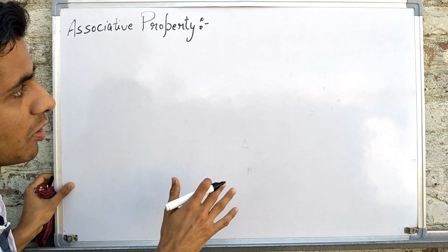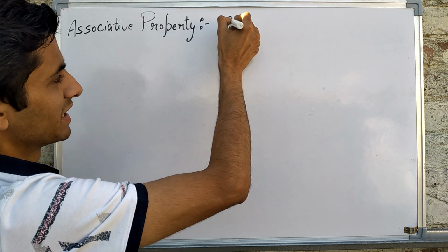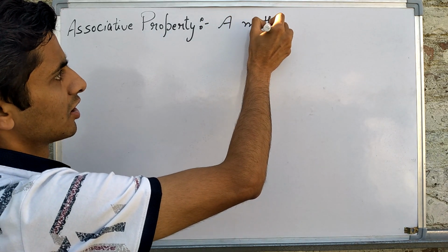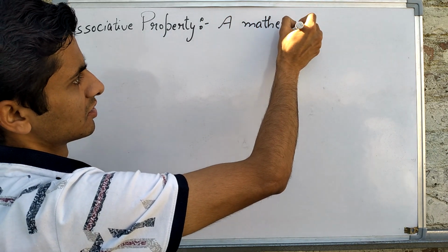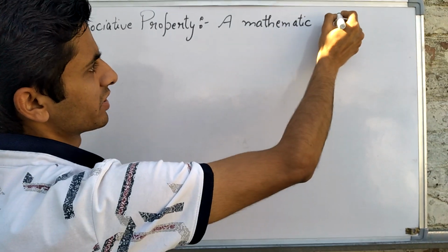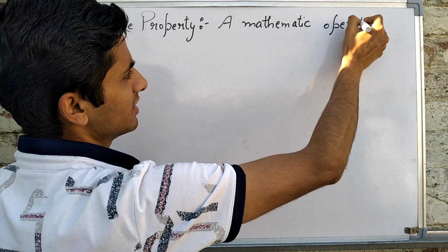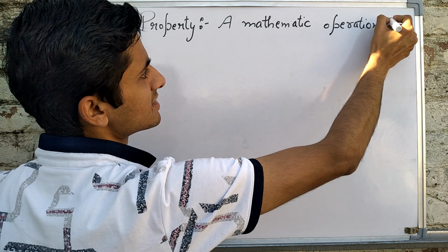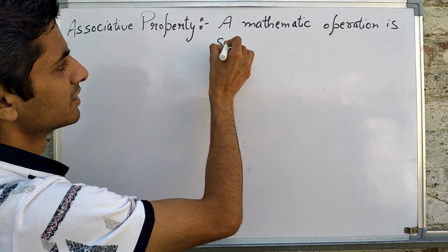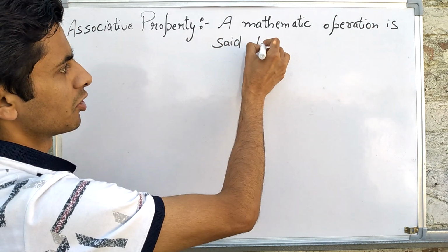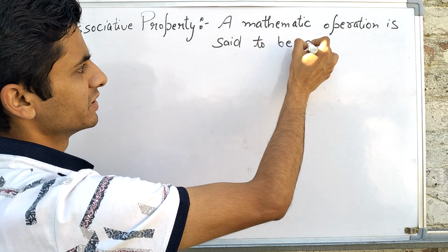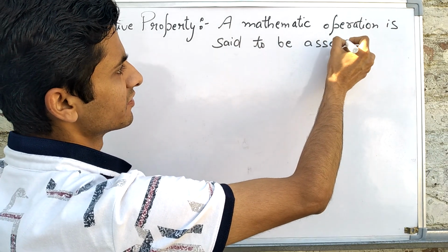What does associative property say? A mathematical operation is said to be associative